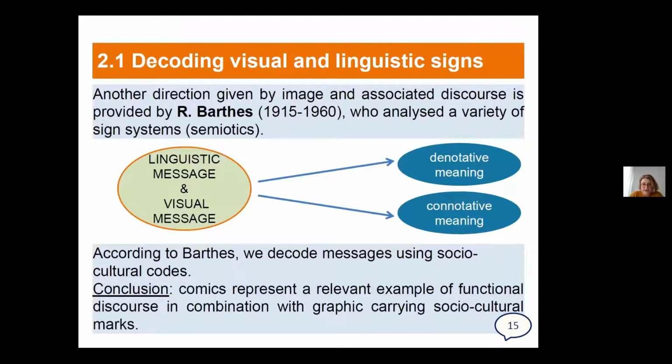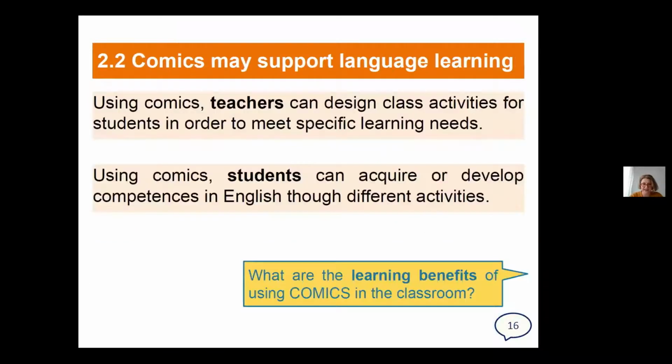Comics represent a relevant example of functional discourse in combination with graphics, okay, carrying socio-cultural marks. Okay, so let's go on with how comics may support language learning. So what do